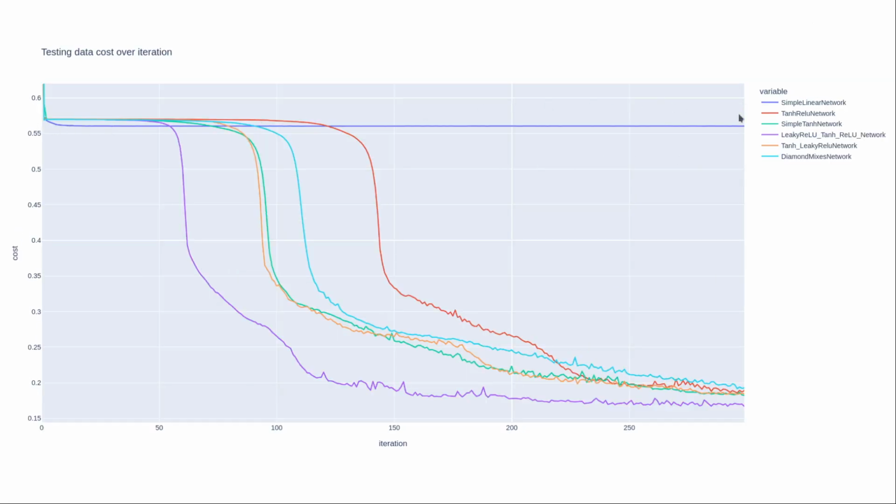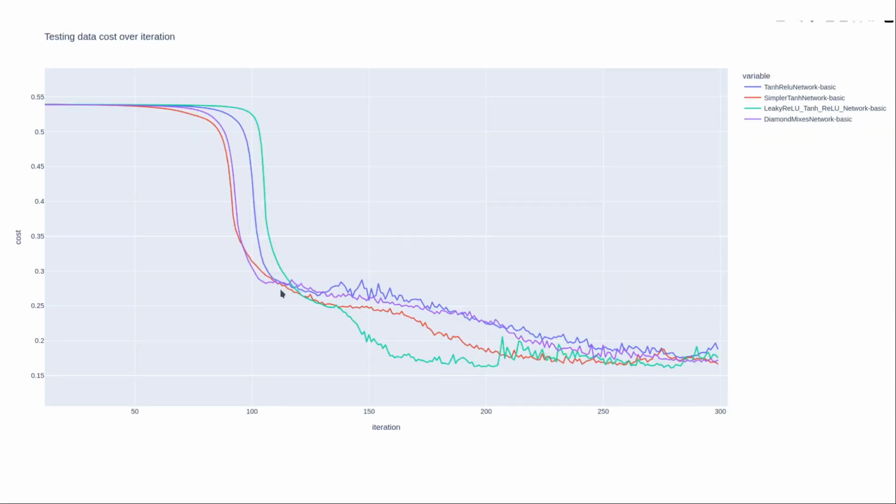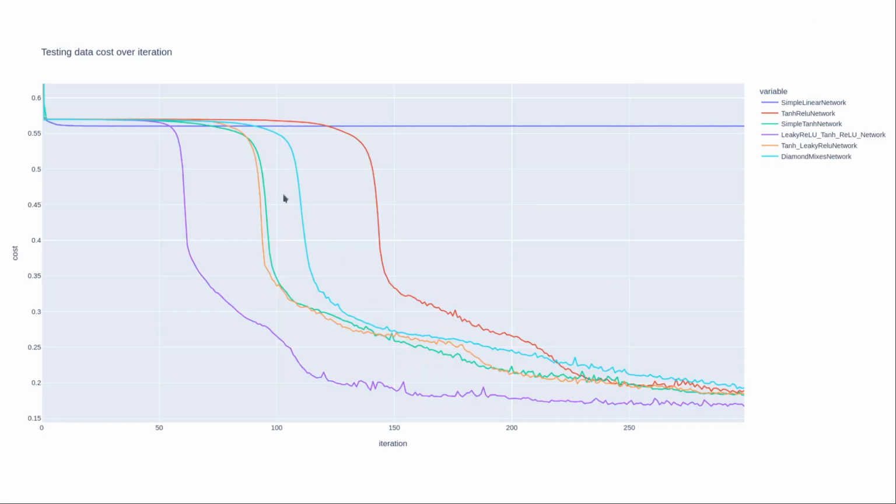So basically, we can see the simple linear network just doesn't work. For the leaky ReLU, it somehow can start to converge early and then it approaches a smaller error compared to the other, and it was able to maintain such a small error. As we can see here, this is also sort of true in the other case. Now, all of these other models, tanh or mixed with tanh ReLU, or even more complicated, longer models, all work. Basically, we are able to reach a rough output error of 0.1718